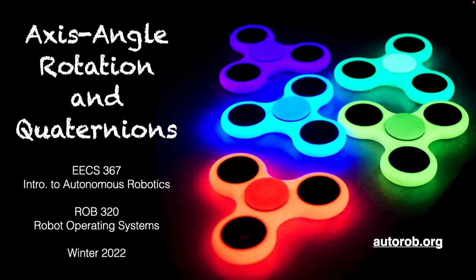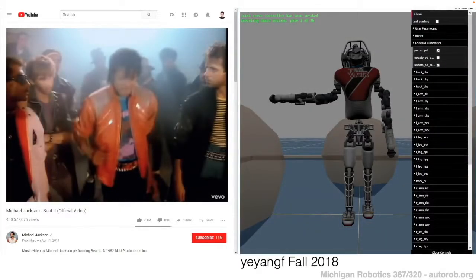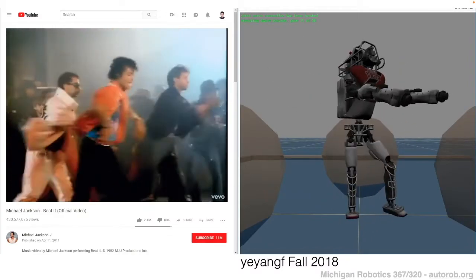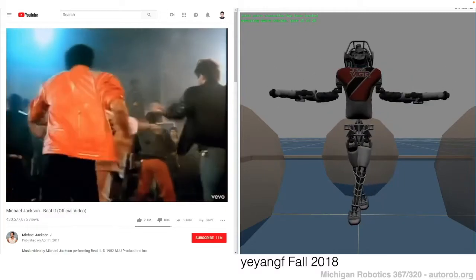slides. All right. So to motivate our focus here on axis angle rotations for the rotational joints in our robots, let's take a look at our upcoming assignment 4, where we're going to be implementing a dance routine for our robots that will extend forward kinematics to allow for the rotational and prismatic joints to be articulated. So one example of what you could implement for assignment 4 comes from a former student of this class who implemented a Beat It inspired dance, which is shown here, where they chose to use the Boston Dynamics Atlas robot for their